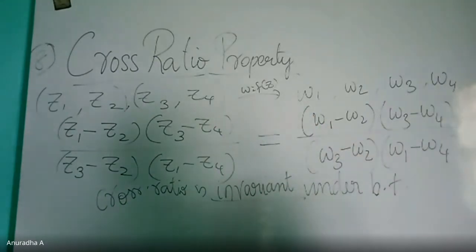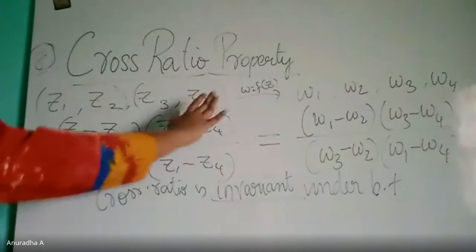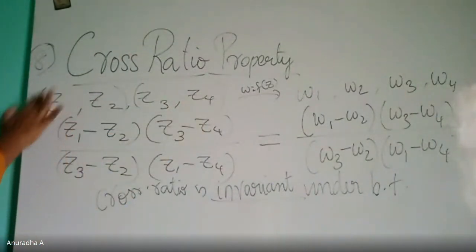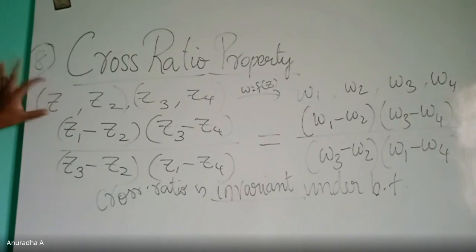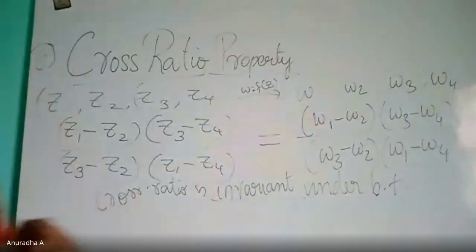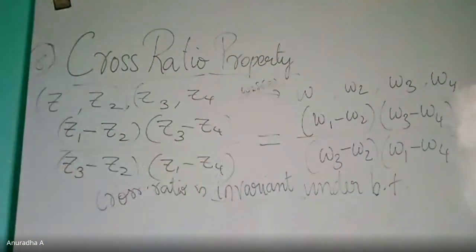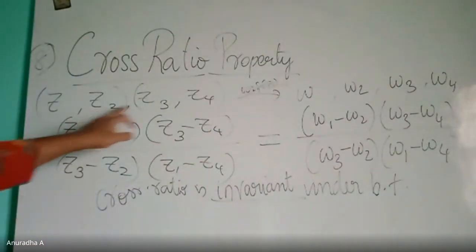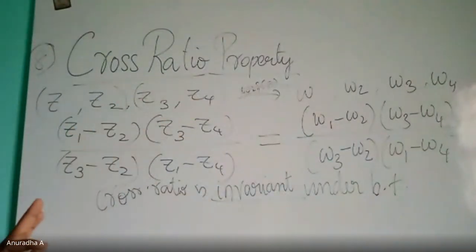Or what they will do is, they will not give you 4 points. They will give you only 3 points. This Z point they will not give, it will be just x plus iy, we don't know. Only 3 points they will give. Same way, here they will give only 3 points. They will not mention the relation between Z and W. The link between them they will not give in the question. They will say that for these 3 points in the Z domain and these 3 points in the W domain respectively, construct a suitable bilinear transformation. Means we have to find out what this W equal to F of Z is.